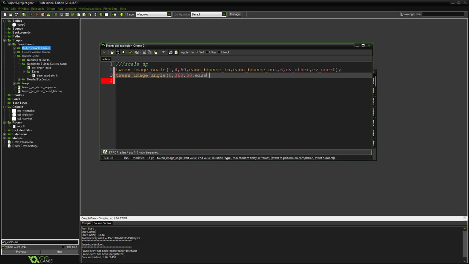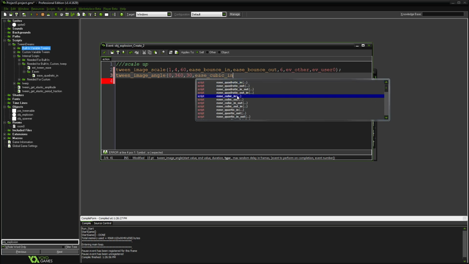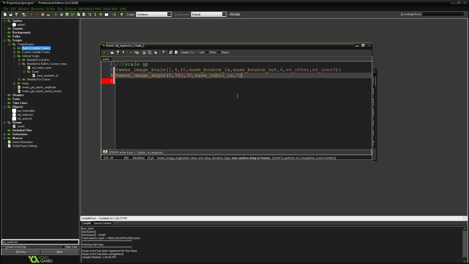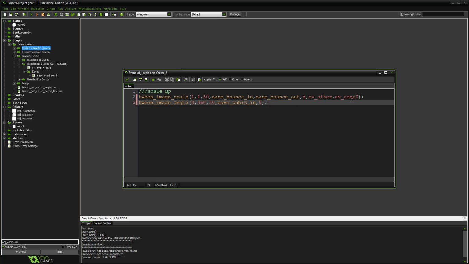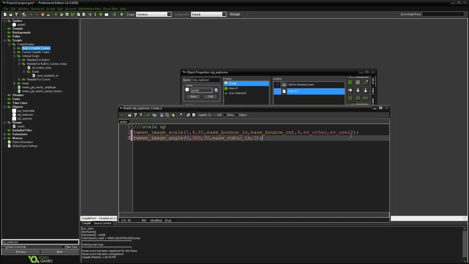The type will be, let's do just a cubic in, no delay, no event. In order to ensure, let's say the event we called here was actually calling another tween, which is easy to do, if we wanted to create a loop where it would go from 1 to 4 and then from 4 to 1, back and forth, it's important that any event that's going to be setting new tweens is called first if you want things to actually reach their final value. They're going to go in the order that we add them,